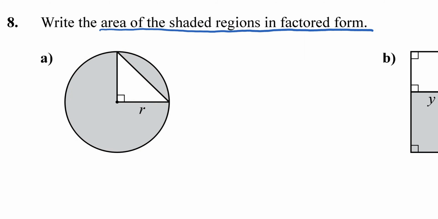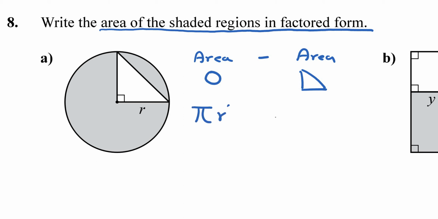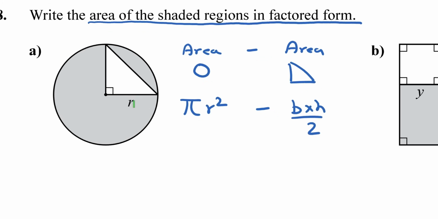And in order to find the area of the shaded region for 8a, I need to find the area of the circle and I need to minus the area of the triangle. The area of the circle is pi r squared, and the area of the triangle is really base times height divided by 2. Okay, so in this problem, the radius is r, so the area of the circle is just